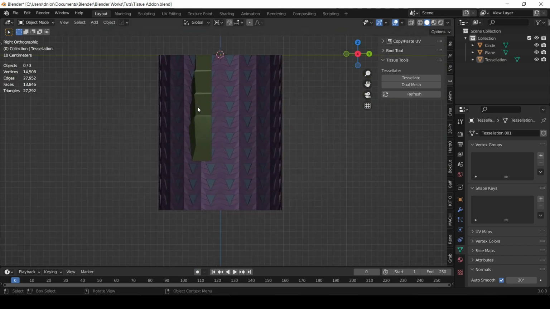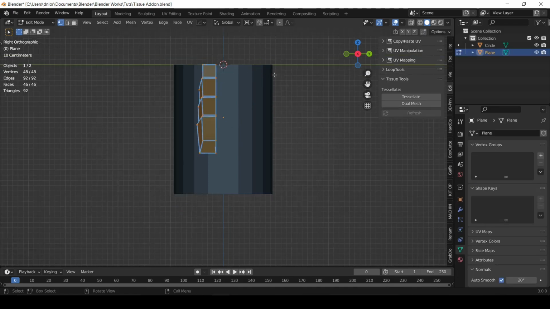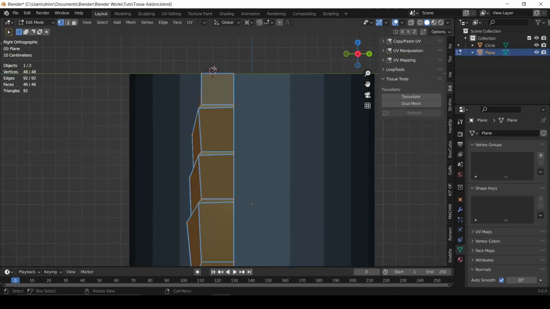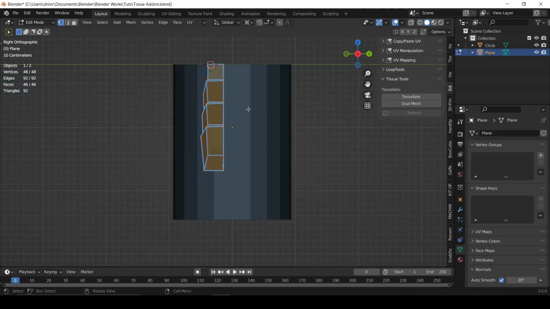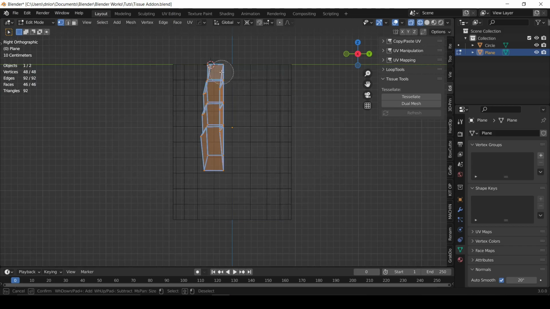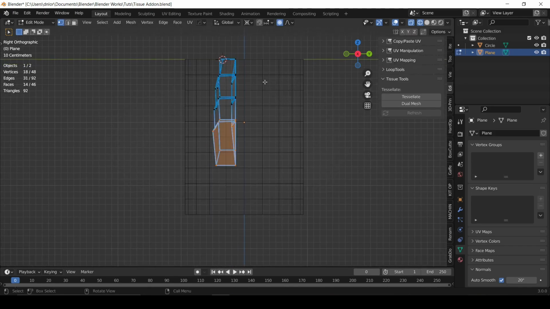All right, now to get the mesh to sort of point out, I'll delete this. I'm going to bring the 3D cursor, put it over here, and the pivot point is already set to the 3D cursor, and I'll go to wireframe, hit Z and C for circle select, and I'm going to hold shift and deselect these parts, and I'll press O and turn on proportional edit and just rotate this, or rather before I do that, I'm going to tab,